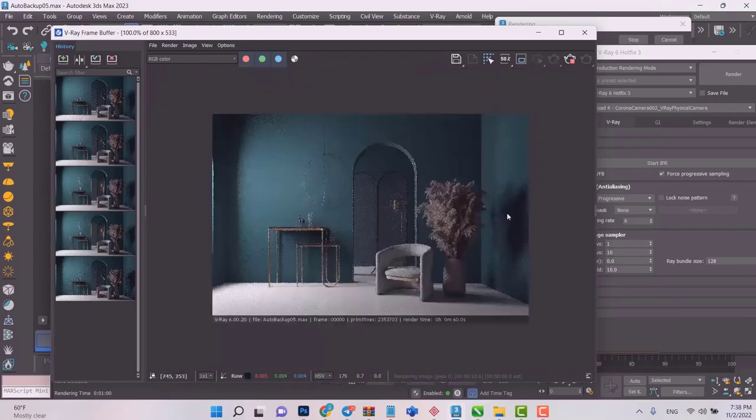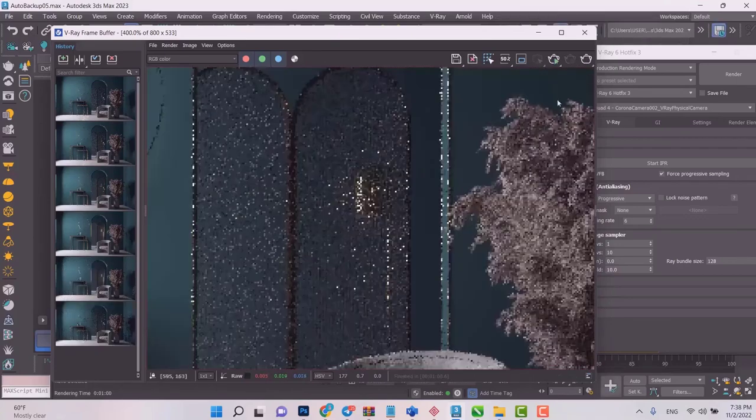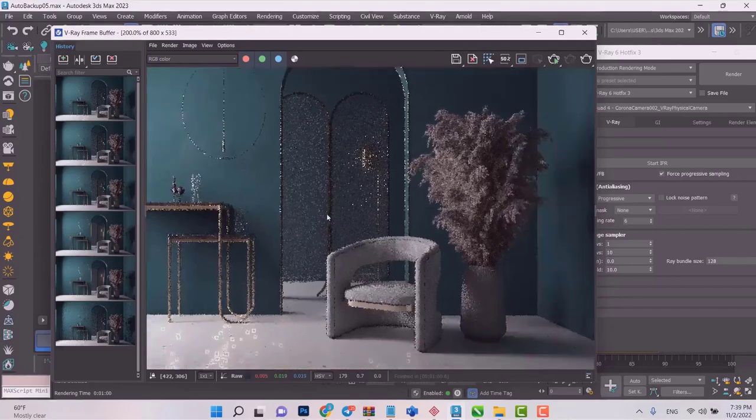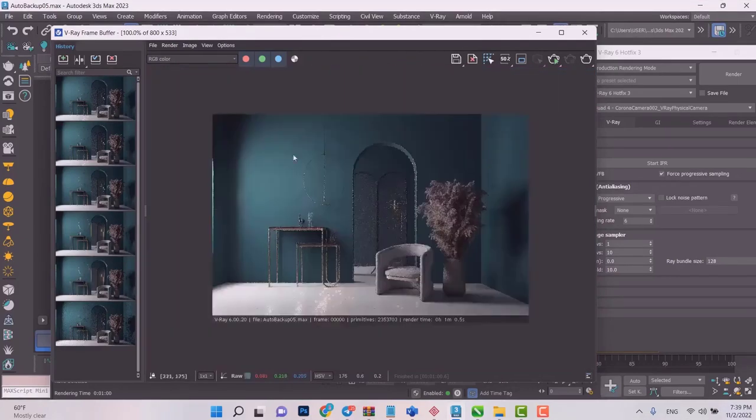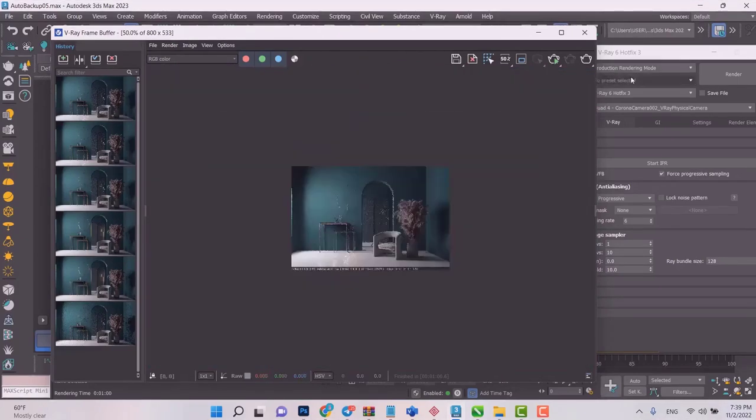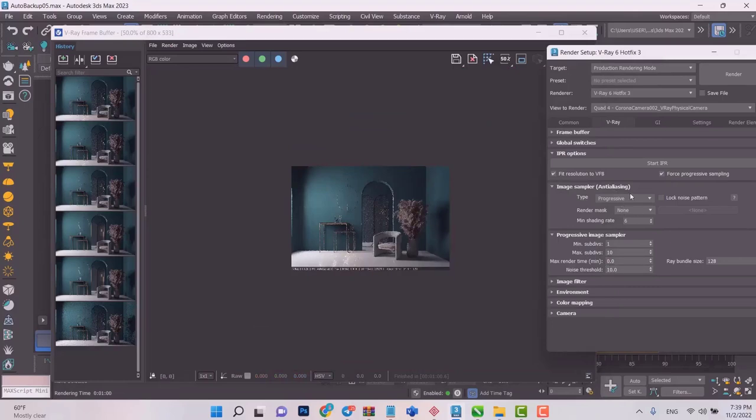By the way, I'm using a mid-tier laptop, and that's why it's taking this long for some of the renders to finish. I used to have my tutorials recorded on a powerful PC, but a lot of you objected that it wouldn't be similar to the types of laptops or PCs that you are using, and that's why I made the switch. So this is the test render that we just took.